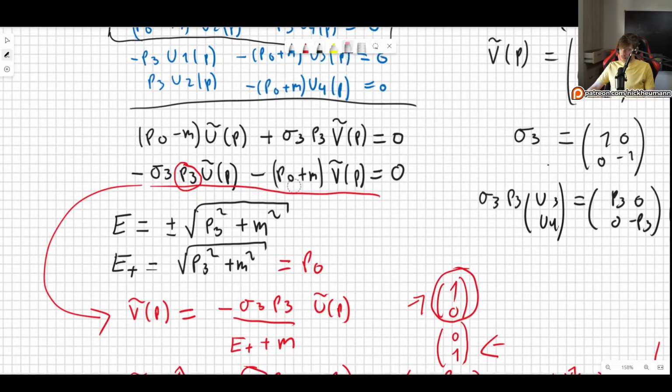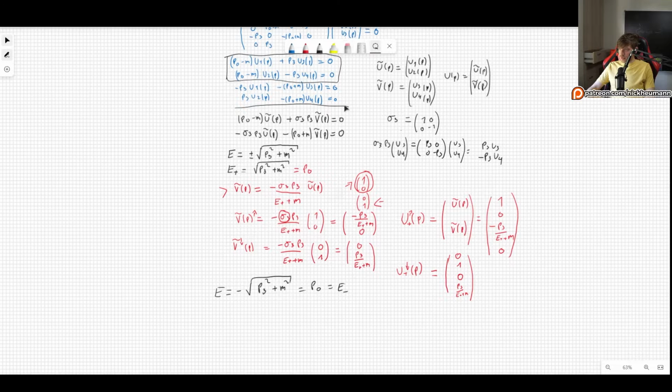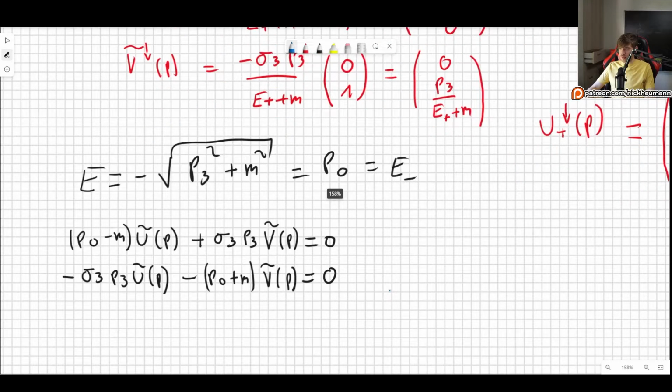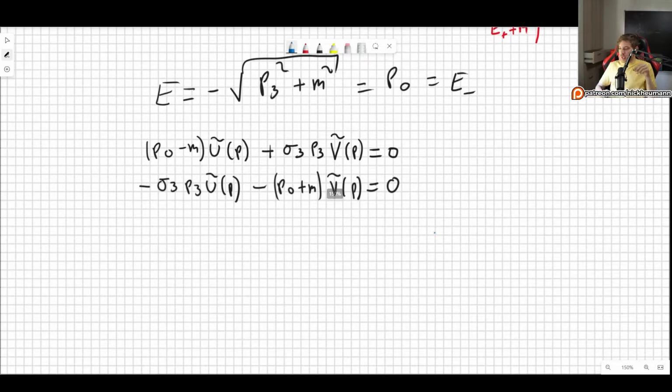In fact, maybe I'll just take this and take it with me because I don't really feel like writing it down again. So what we did previously is that we used the second equation to find our conditions. Let's now go for the first one. Again, which one you use doesn't really make any difference. But I just like to follow the convention so that our results end up being the same that most books tend to use. Okay, so now going for the first one,